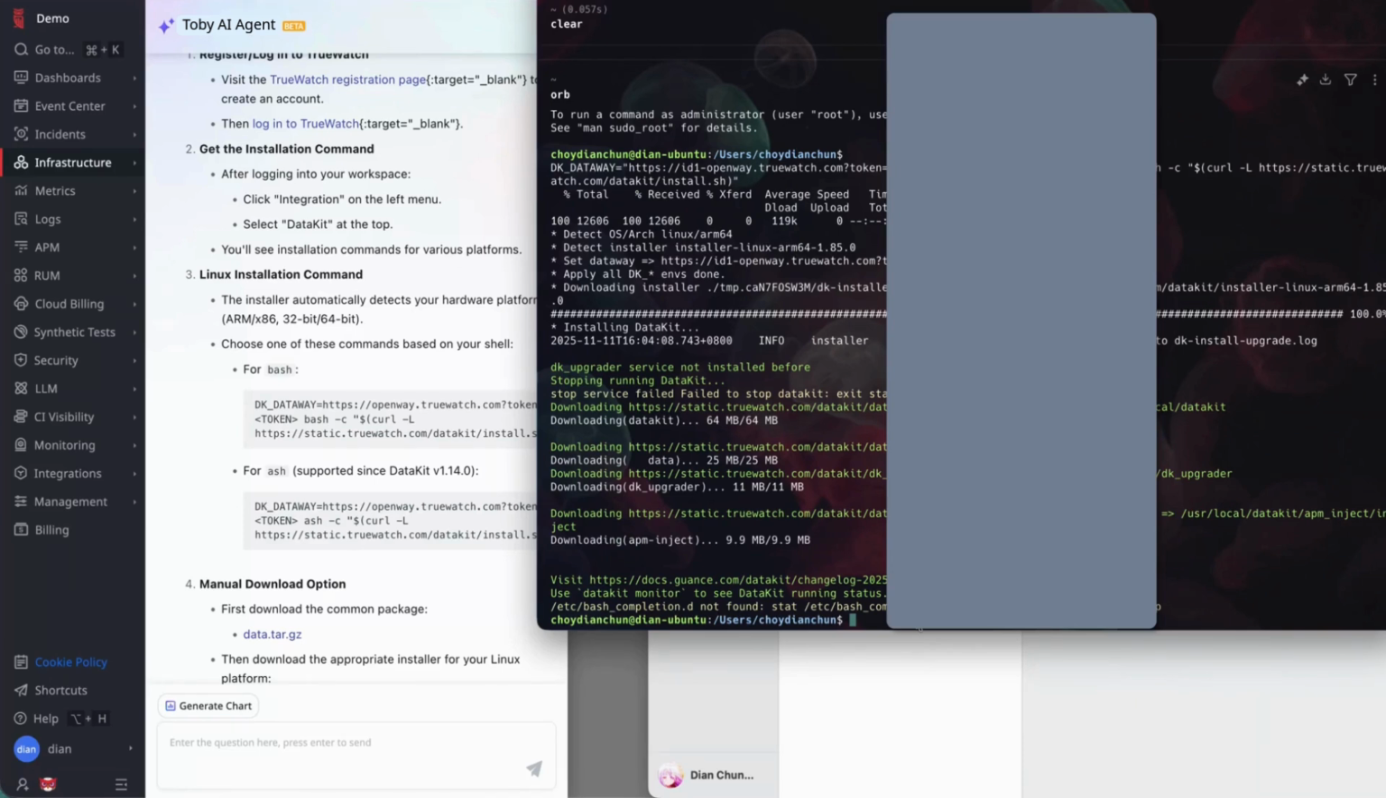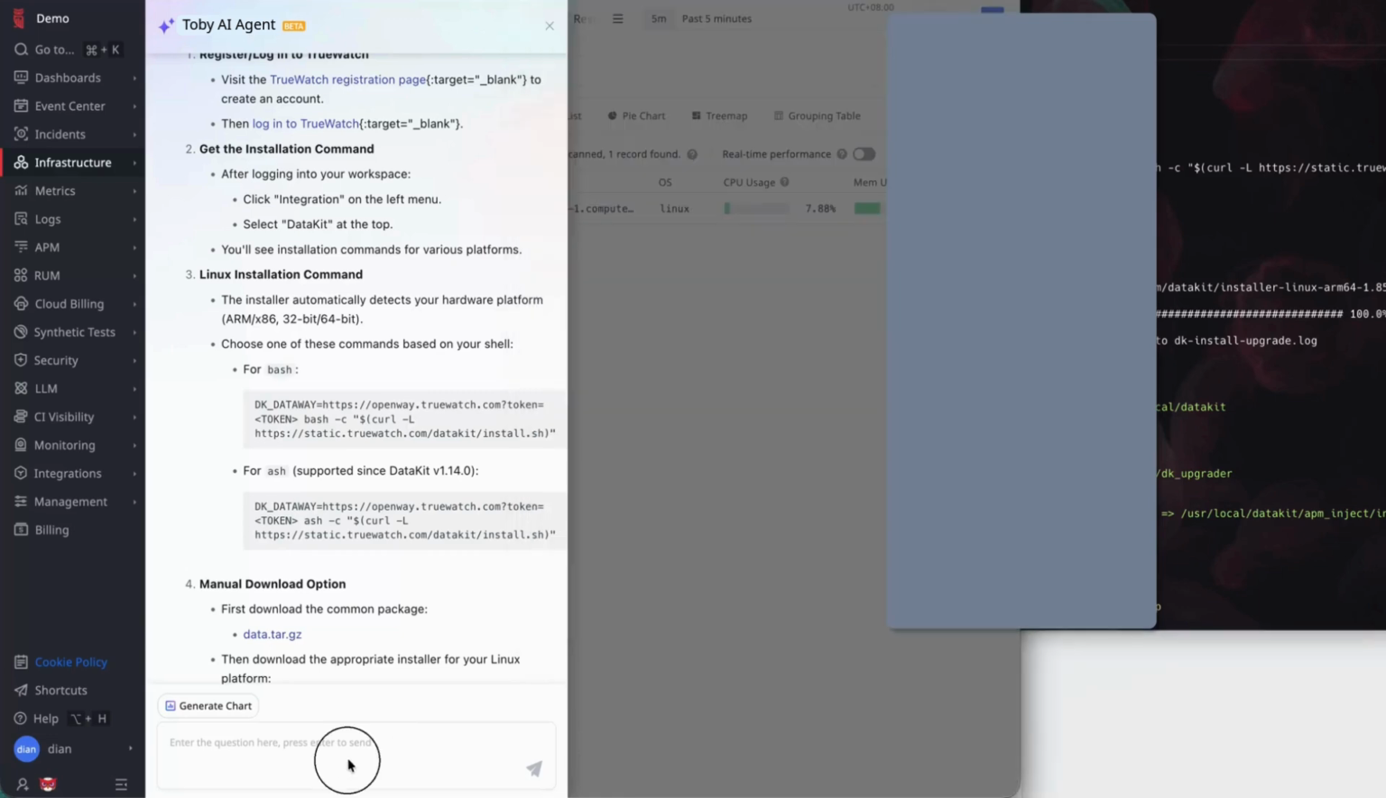Okay, seems like it has been installed successfully. Now, the next step is to start it and make sure it's running properly. And again, instead of going to the docs, I can just ask Toby something like,